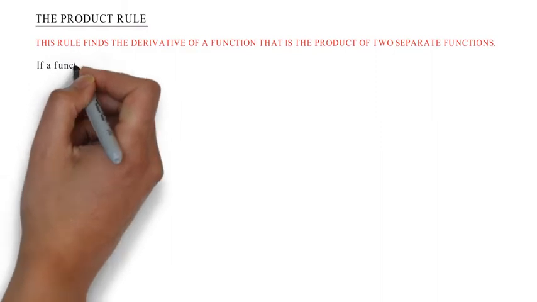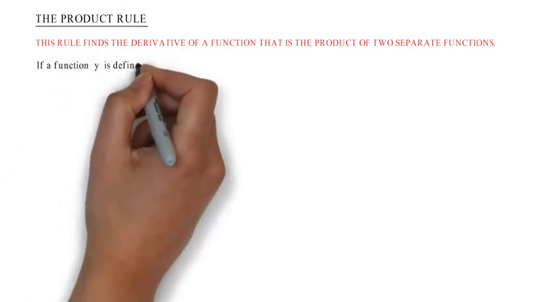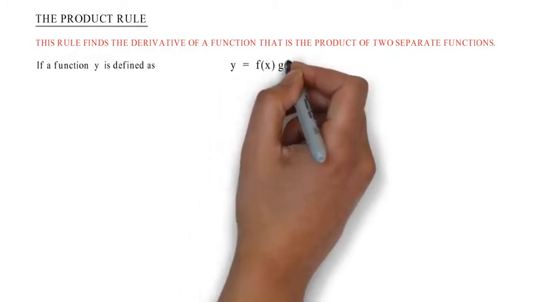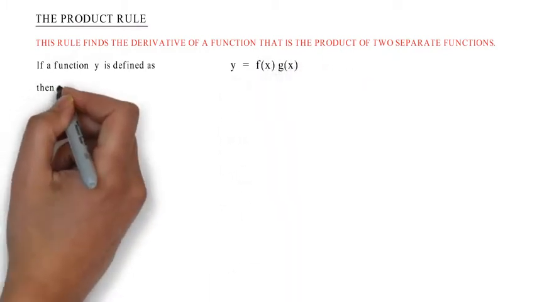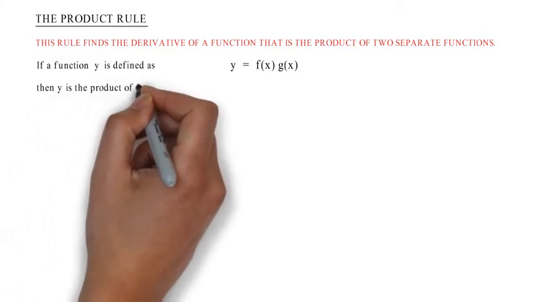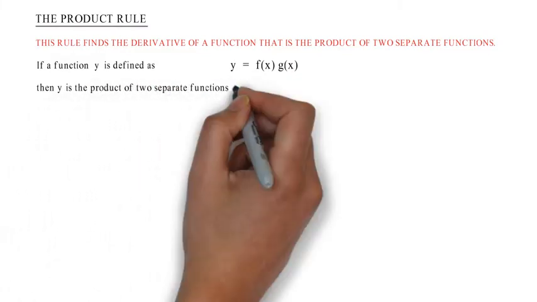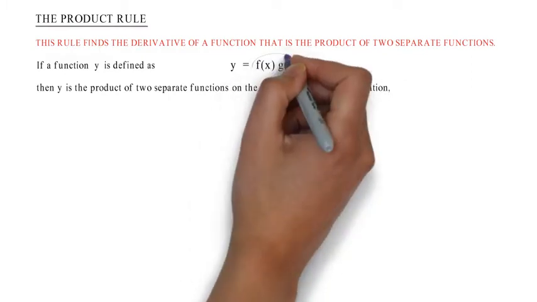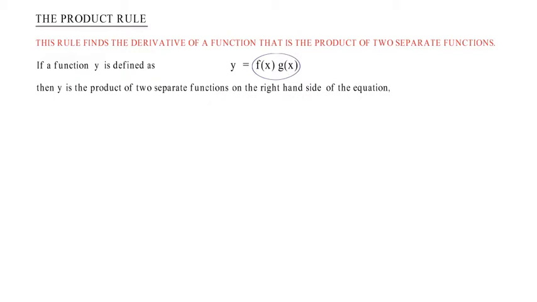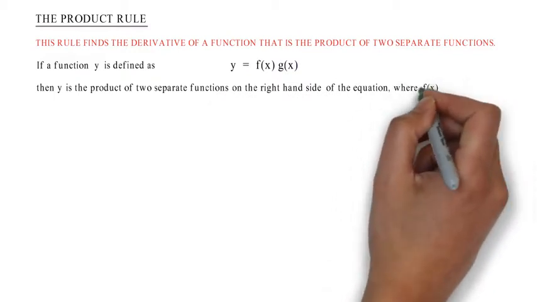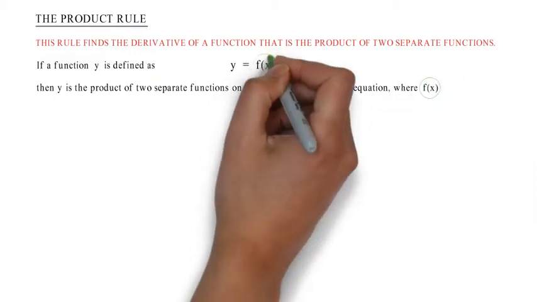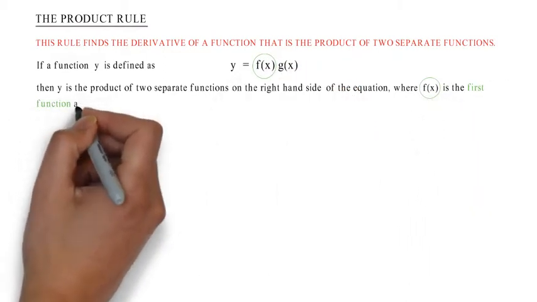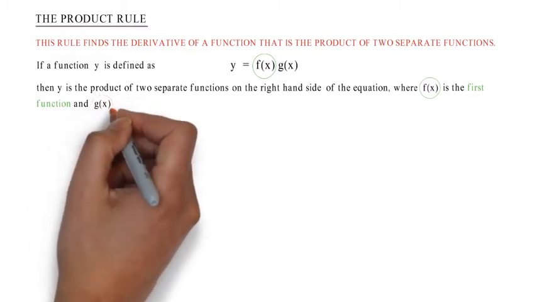If a function y is defined as y equals f(x) times g(x), then y is the product of two separate functions on the right-hand side of the equation, where f(x) is the first function and g(x)